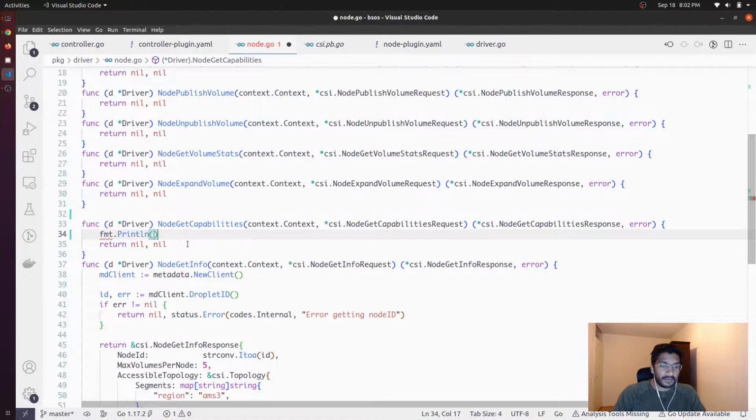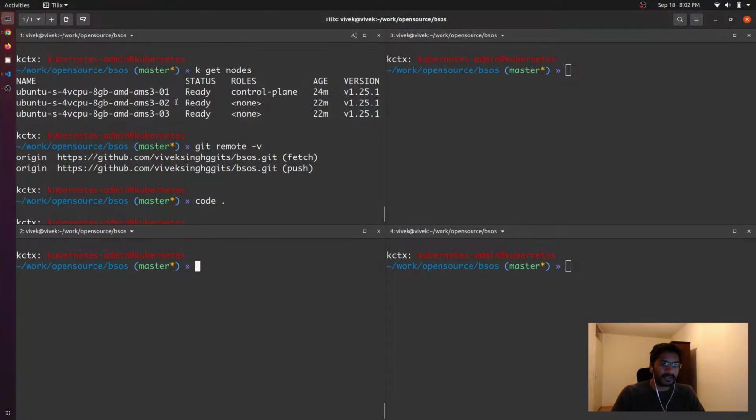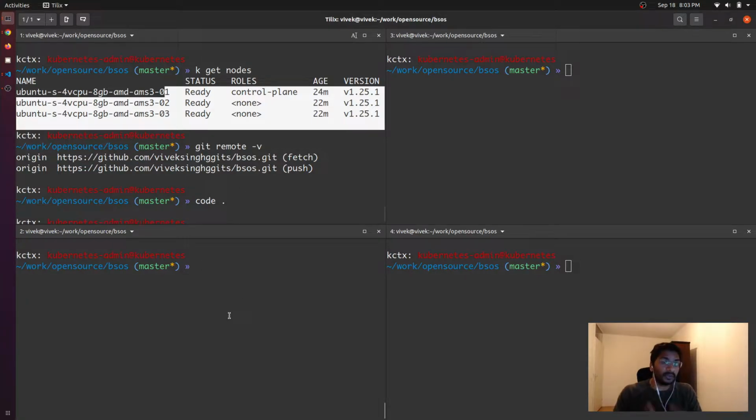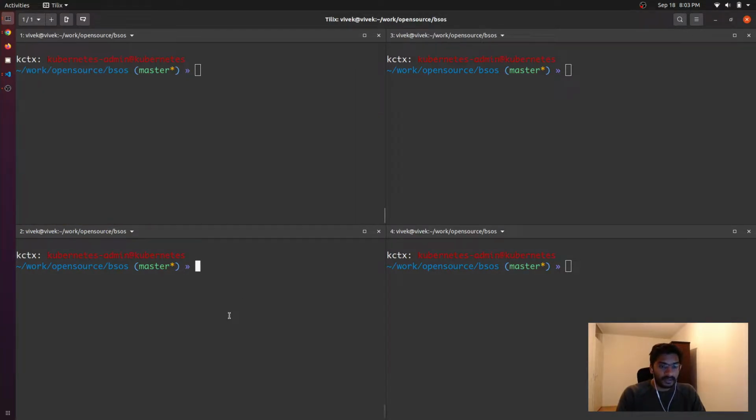So first of all, let's go ahead and just try to add a log here that NodeGetCapabilities was called, just to see what are all the things that have already been implemented, and we would also see if NodeGetCapabilities is actually being called or not. So I already have a Kubernetes cluster, 3-node Kubernetes setup, and let's go ahead and try to build this binary. So using this command, we were able to build the binary, and now we are going to build